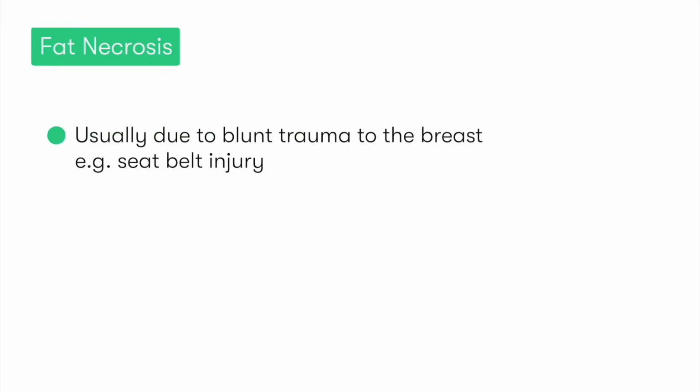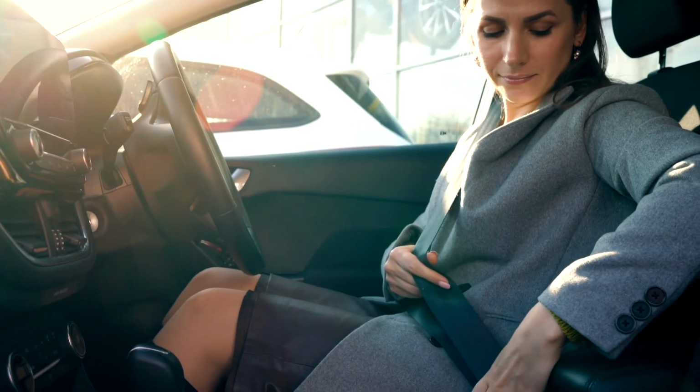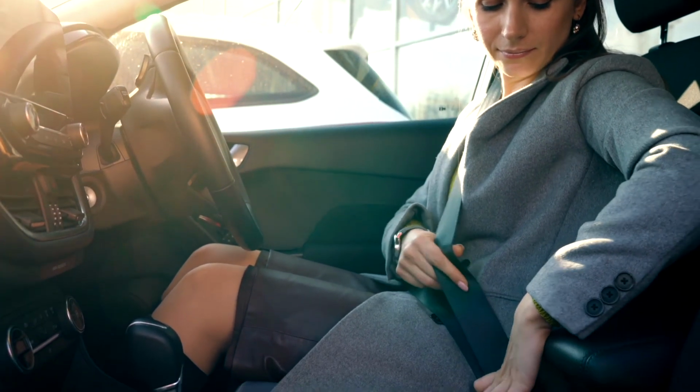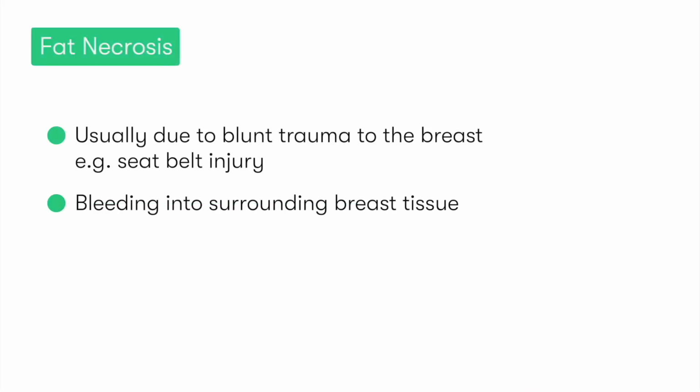Our next ANDI is fat necrosis. Fat necrosis usually occurs due to blunt trauma to the fatty breast tissue. For example, following a seatbelt injury sustained after a road traffic collision. The trauma results in bleeding into the surrounding breast tissue, and this may in turn consolidate and result in a